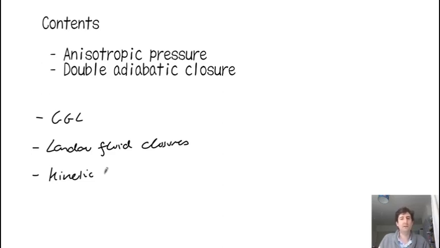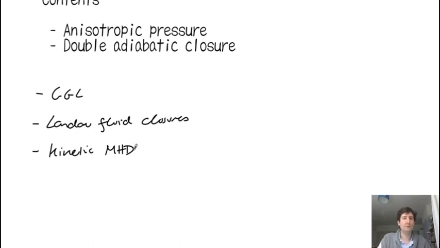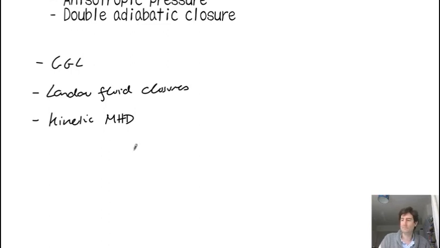So it's a large length scale, high velocity, so thermal speed kind of closure of the kinetic equation called kinetic MHD. So we have CGL we'll discuss in this video, and then Landau fluid closures I might discuss in a future video. So these are all different ways of extending MHD, and in particular CGL, the extension is to the pressure